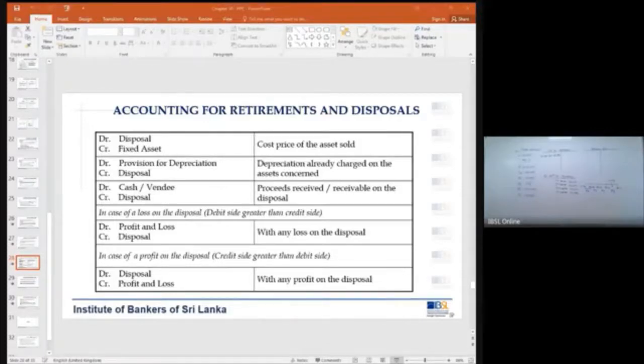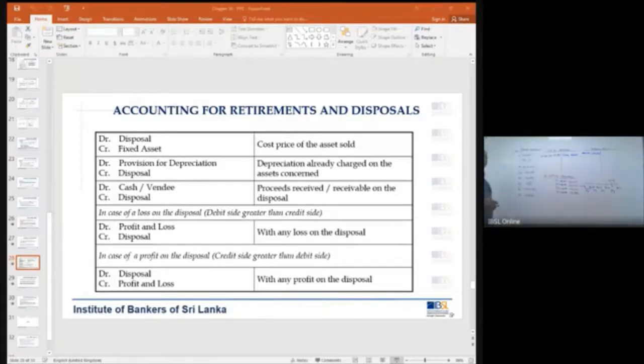So what is the double entry? You will debit the disposal account and credit the cost account. Debit the disposal account and credit the machinery account. Then number two: if you are removing the cost of the asset from the books with the disposal, because the asset is no more with the company,